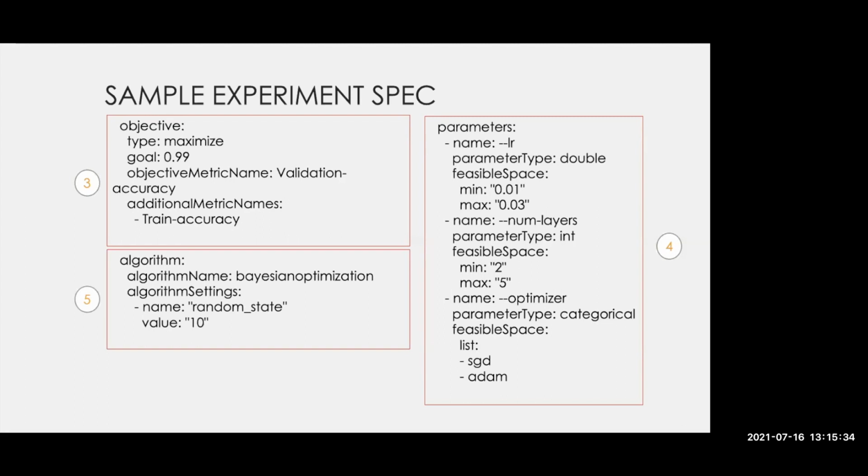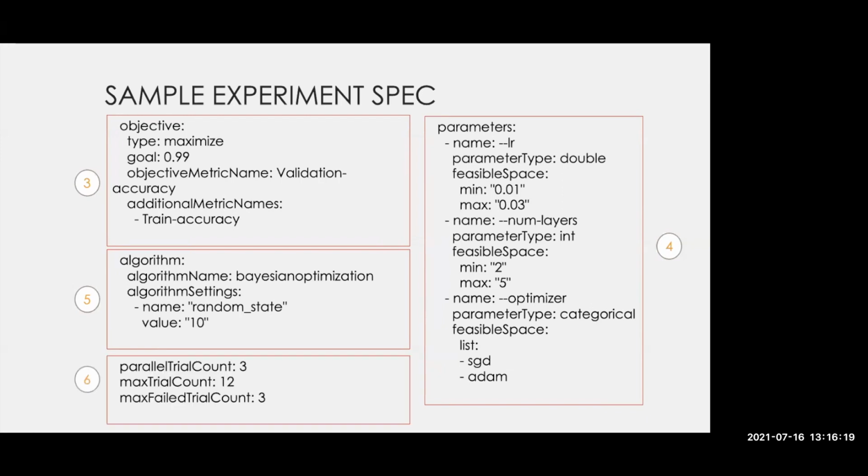The next section is about your algorithm, which algorithm you have to use. You could use Gradient, Bayesian. There are lots of algorithms that are supported. And one thing to specifically say is that it is a very extensible framework, which means you could add an algorithm during runtime without even restarting your controller. So that's one real advantage. Depending on your use case, you could add your own algorithm, making sure that certain interfaces are implemented and it will start working. So here, you could set your algorithm name with default or overwritten algorithm settings.